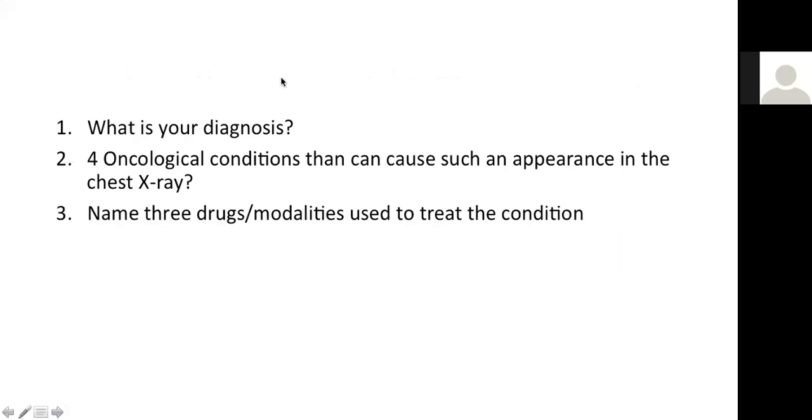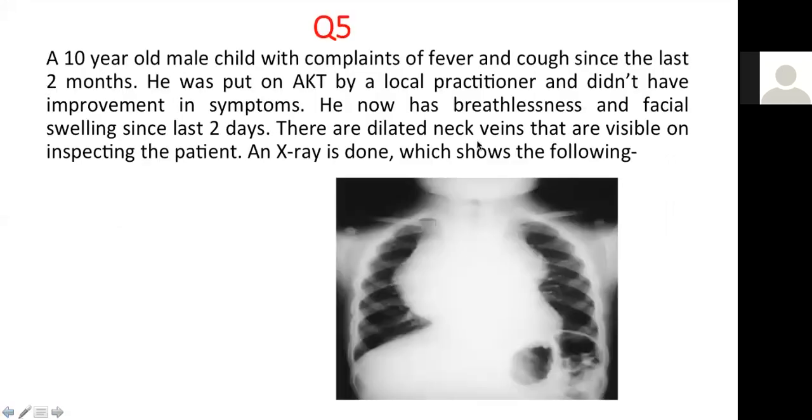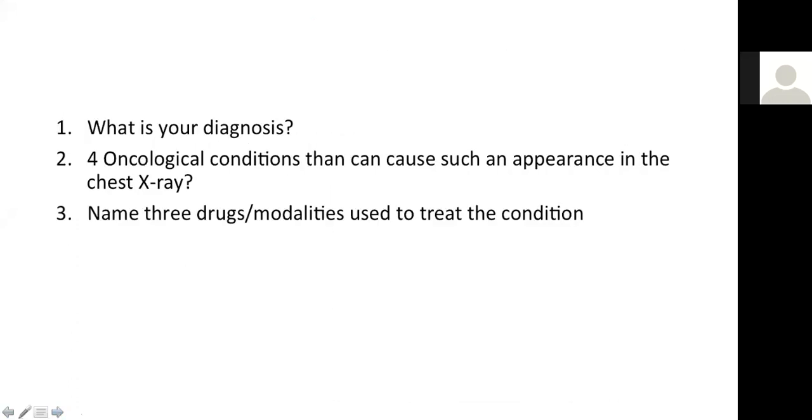So somebody has written superior vena cava syndrome. So you are right, because these dilated neck veins are probably superior vena cava syndrome, the facial swelling. But you also need to see that the child has breathlessness. So when there is breathlessness and there are big nodes, there can be a tracheal compression as well. So when the airway is getting compressed, it becomes a superior mediastinal syndrome. And we have to tell the underlying